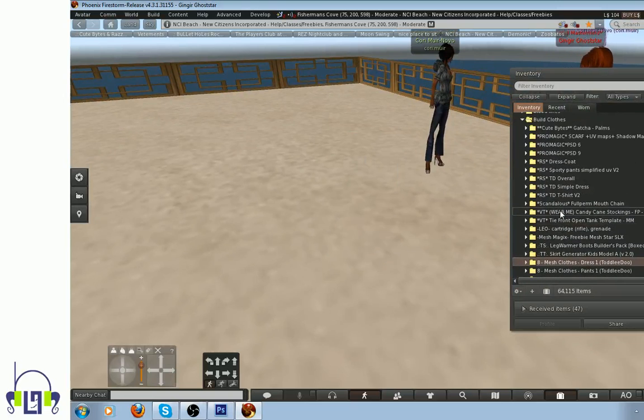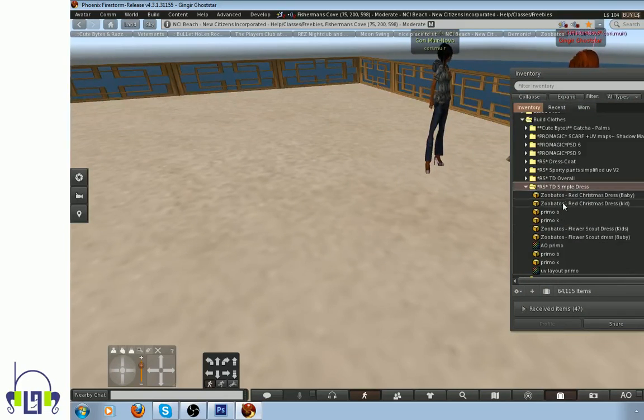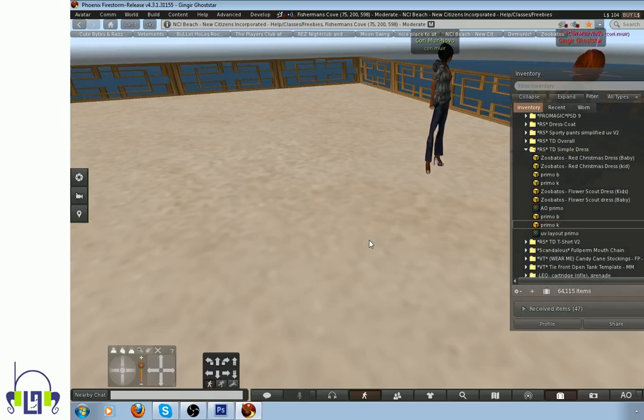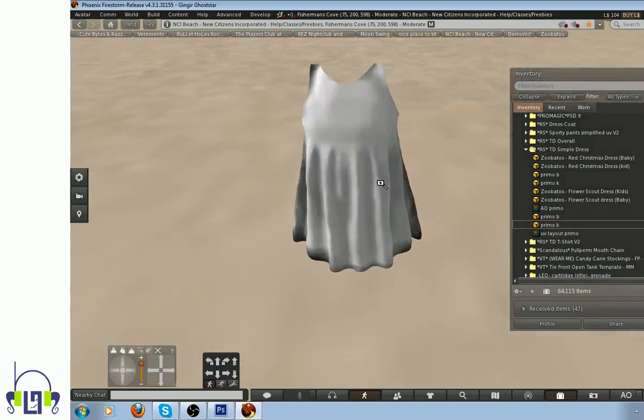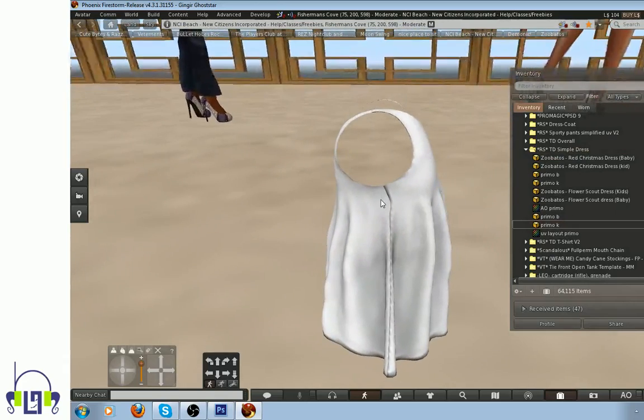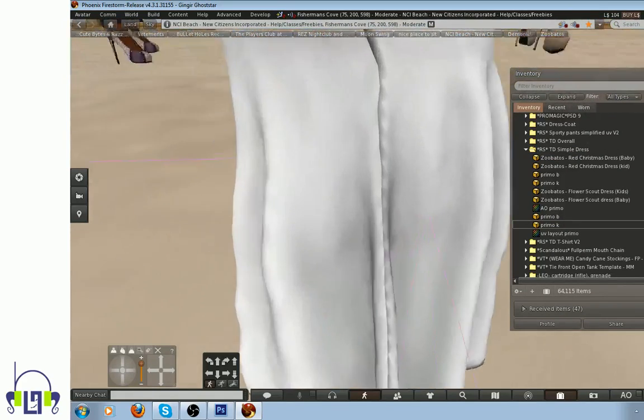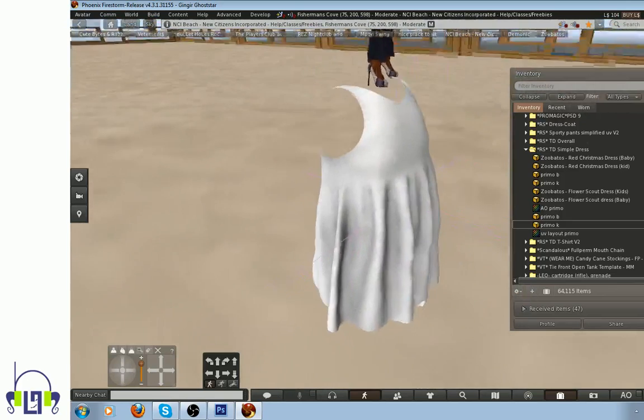Maybe it is a simple dress. There we go, simple dress. Rez out the kid dress. Oh, you see how I mean? The front kind of bows out differently, and you can see it doesn't exactly come together. All right, so anyways,